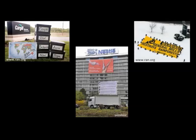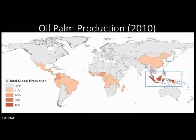So there's a problem. And I think it's Marvel comics where they say with great power comes great responsibility, and I think oil palm is one of these situations where there is a great benefit of this plant to the globe, but we have to be very careful about how we use it. So I'm going to talk today about the work that we've done to figure out what the effects of oil palm expansion on ecosystems are, and then how we might mitigate the negative consequences of oil palm expansion on ecosystems